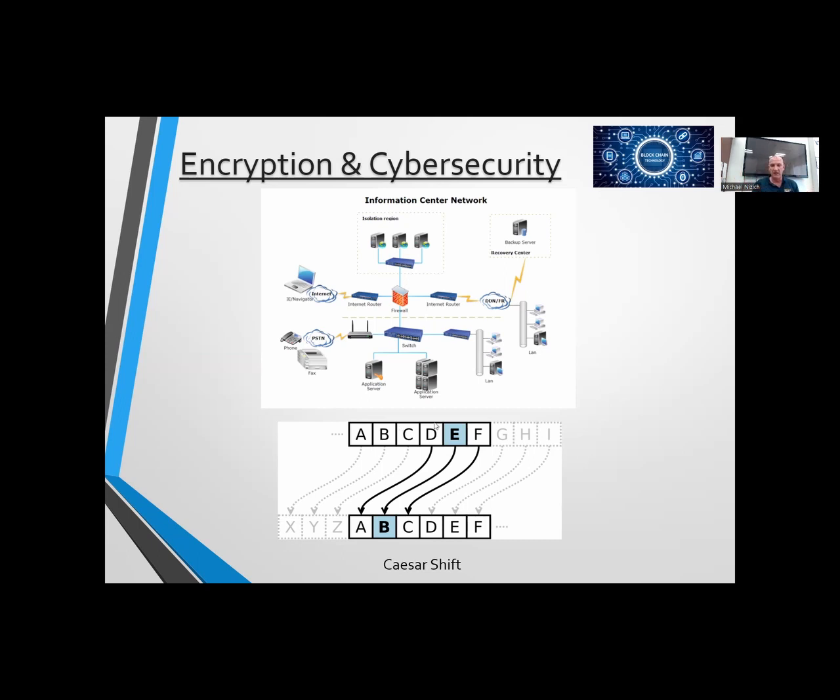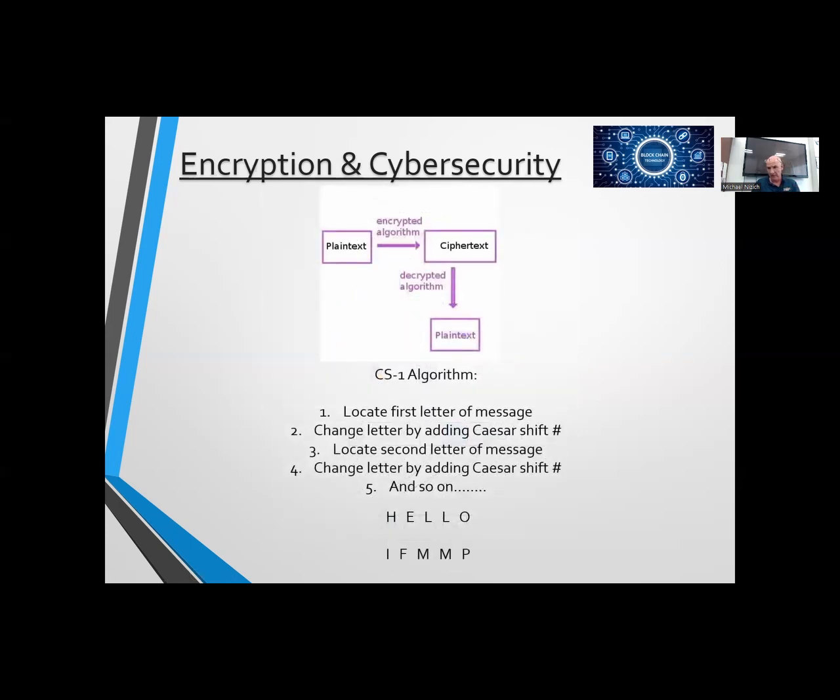So in a very basic Caesar shift cipher, if we shifted the alphabet, A becomes B and B becomes C and so forth. Then if you said hello world and it became E, F, G, and so forth, you wouldn't be able to read it unless you knew the algorithm, unless you knew the key to decrypt it. The key in this case would be a key of 3 to shift the alphabet three letters. So this concept of cryptography is key to blockchain because we're taking all the transactions and we are encrypting them in a manner that is